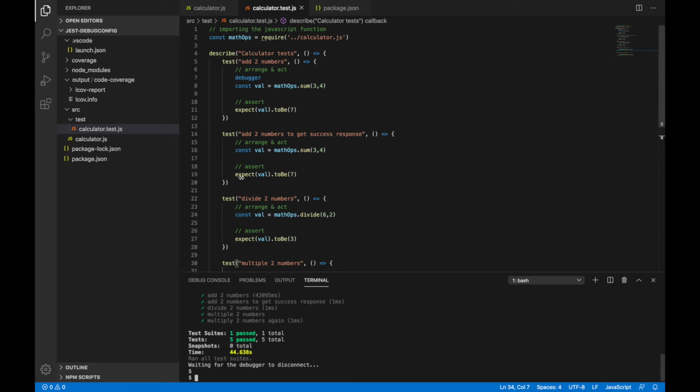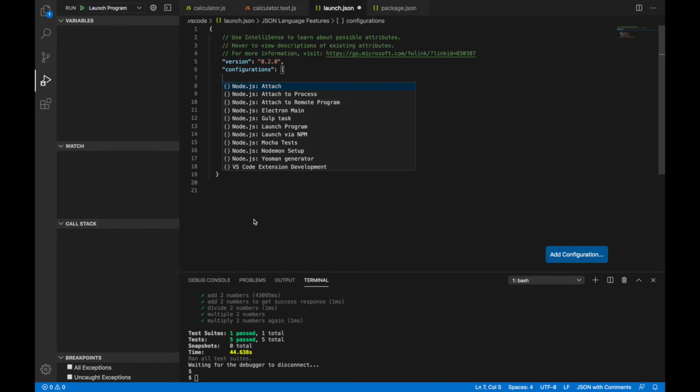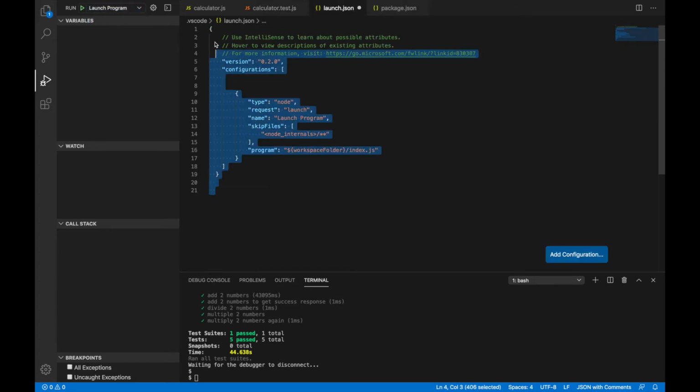So another approach to use debugger along with the Visual Studio Code editor itself is to use a debug launch configuration. In order to do that, you can simply go to this run debug options here, go to this run configuration and click on add configuration. You'll see that it opens a launch.json with some pre-filled data.